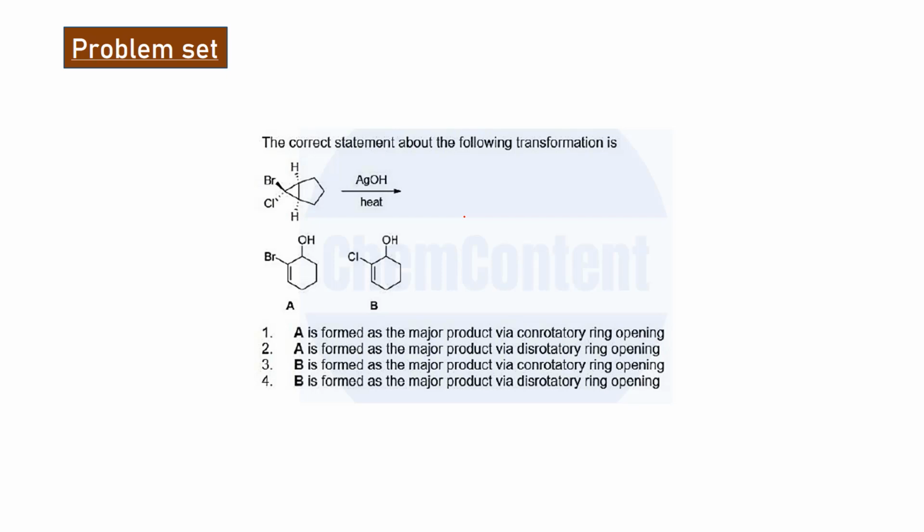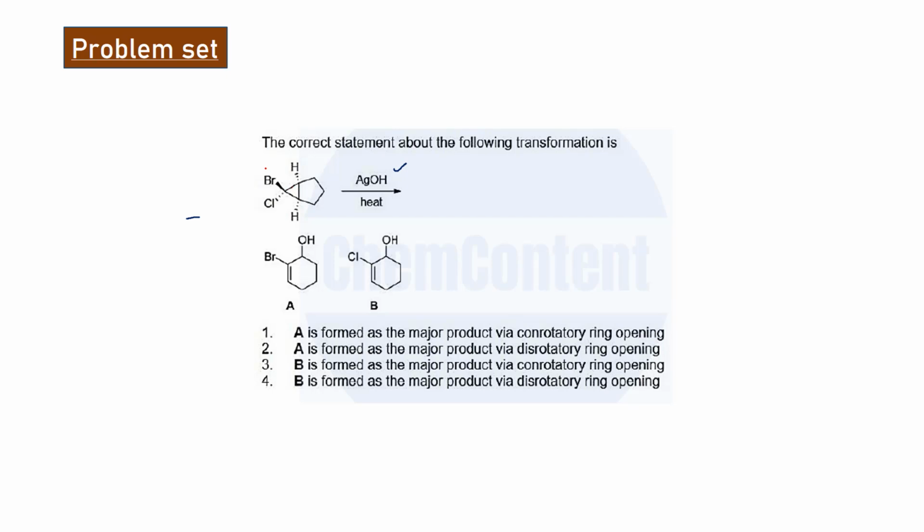The correct statement about the following transformation. So they have given this substrate. So this is not substitution or elimination. So silver catalyst can be used in the case of a cycloaddition type of reaction. So in this case it undergoes a ring cleavage. So in presence of heat,